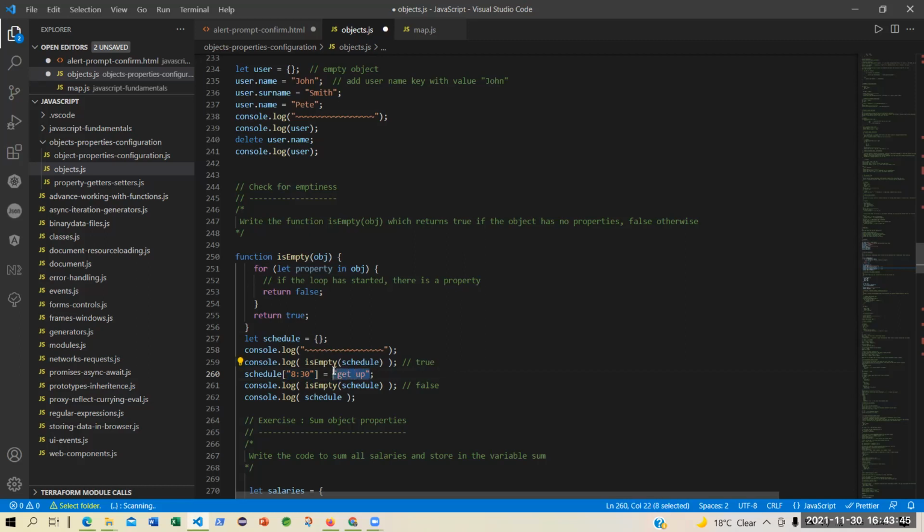You're assigning a value to the key 8:30. That means you are scheduling an object with the value get up at 8:30. 8:30 is the key that refers to the activity, which is getting up, sort of an alarm. Now, do you see that the schedule is empty or not empty? It is not empty. At least it has one property.